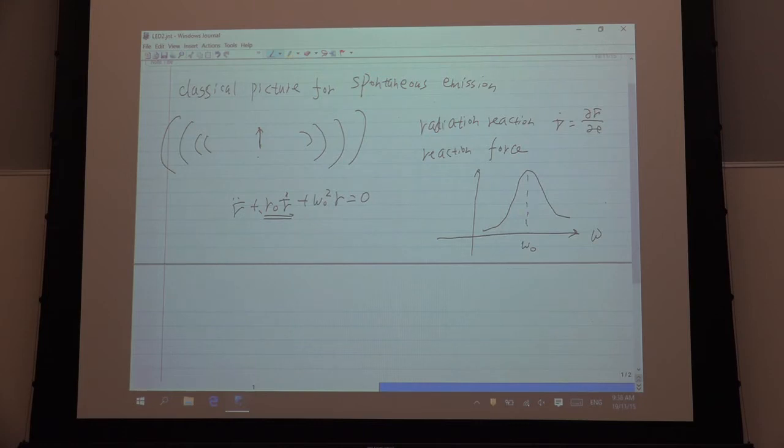Because it radiates an electromagnetic wave, it has radiation damping. The gamma 0 is the radiation damping rate. This gamma 0 term is damping. And the bandwidth is also equal to gamma 0. This is 1 over 2. This is the bandwidth. The gamma 0 we call the classical decay rate.